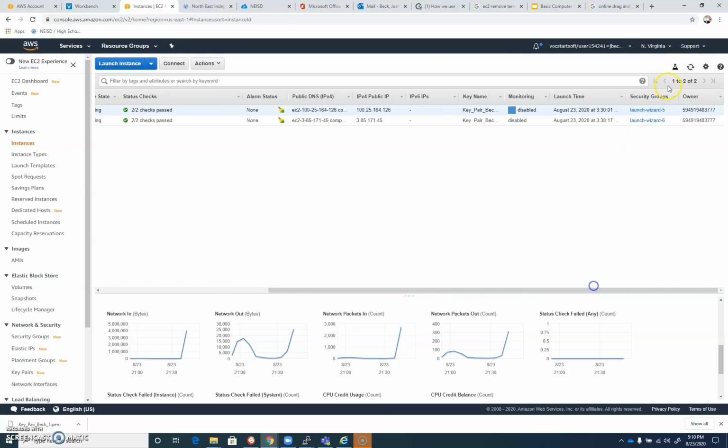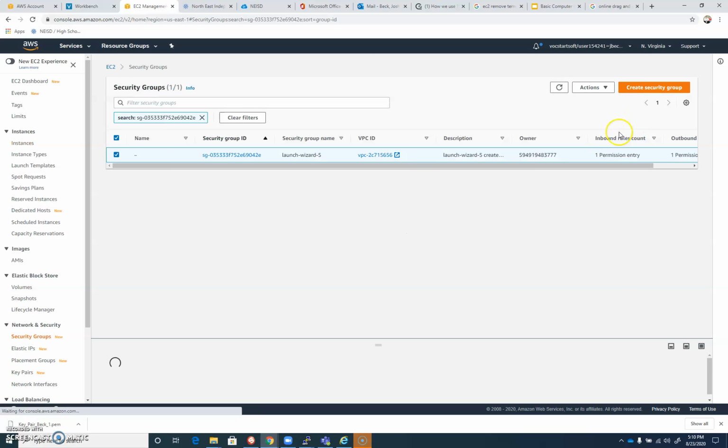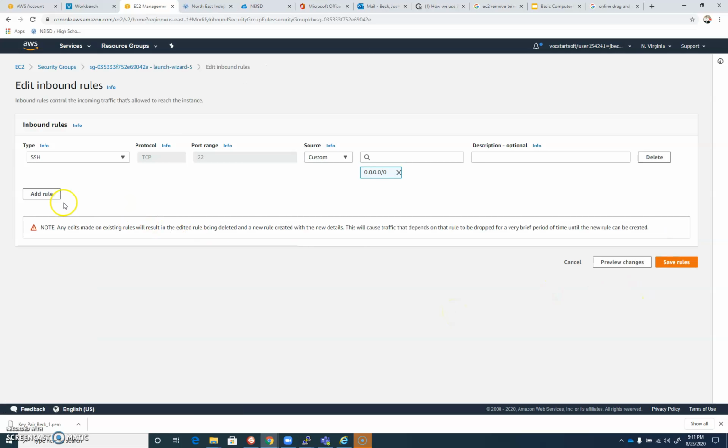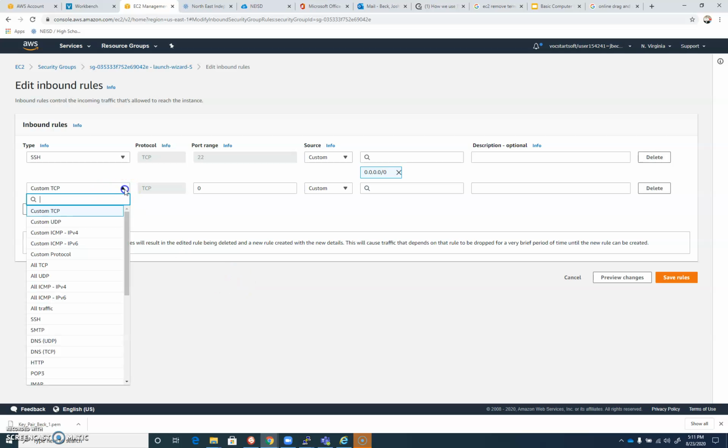So here's my private one. I'm going to click on our security groups in our Amazon Web Services panel. And security group ID. And here's our inbound rules, right? So I'm going to go ahead and add a rule. We're going to say,